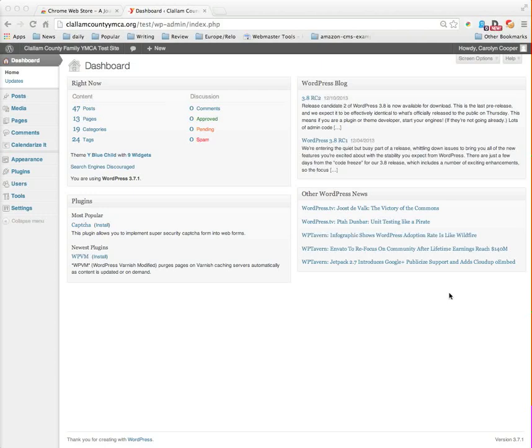Let's look at creating better thumbnails for our feature images, i.e. those little square images that appear in category lists or any other place we've set the feature image. So first we want to go to our media library, which is under Media Library,